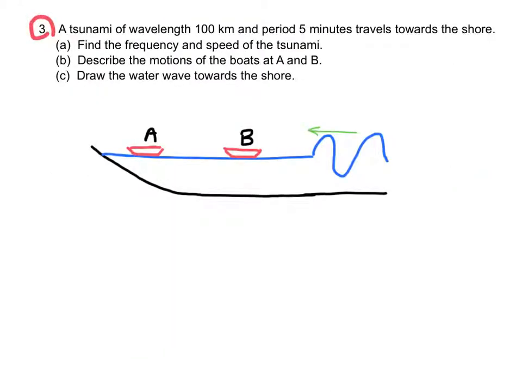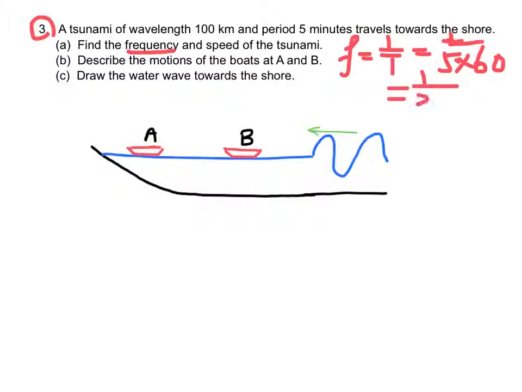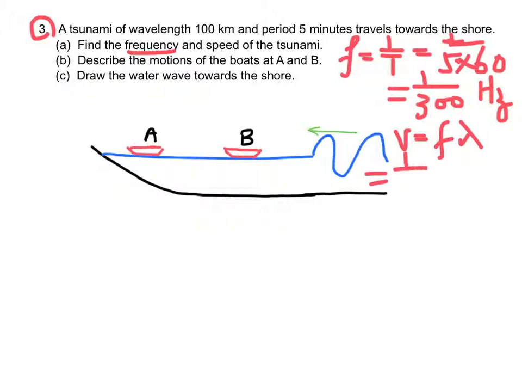Number 3, the frequency equals 1 over period equals 1 over 5 times 60 seconds, which is equal to 1 over 300 Hertz. Wave speed equals f lambda equals 1 over 300 times the wavelength, which is 100 kilometers, which is 100 times 10 to the power 3. The answer is in meters per second,